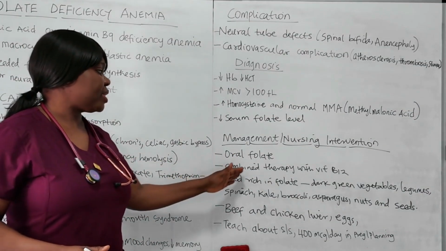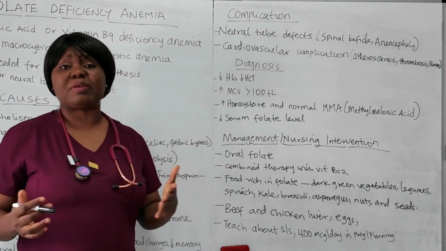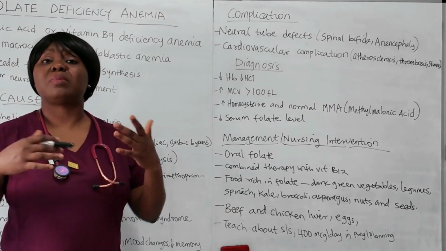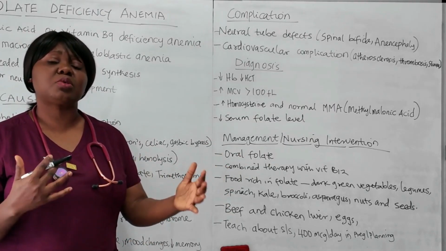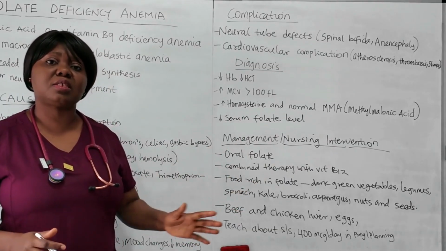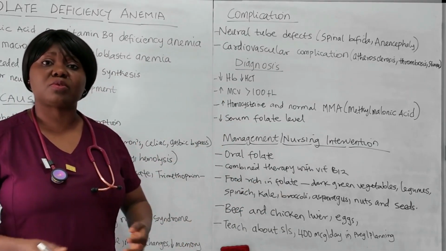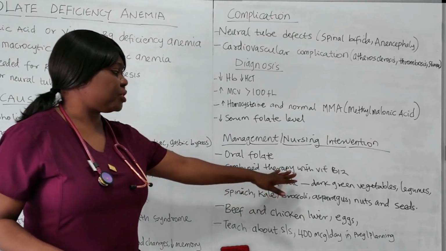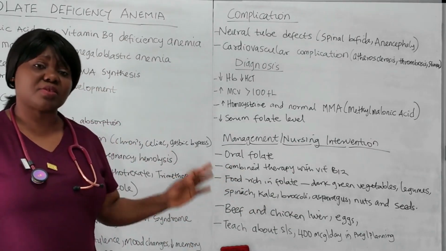And then they can combine it with vitamin B12 deficiency. Remember, vitamin B12 deficiency and folate deficiency both cause megaloblastic anemia, so at times their symptoms overlap. So just to be sure, when they are treating folate deficiency, they also put them on a vitamin B12 supplement. Also, food rich in folate, as I've mentioned before, is so high in plant sources, like all